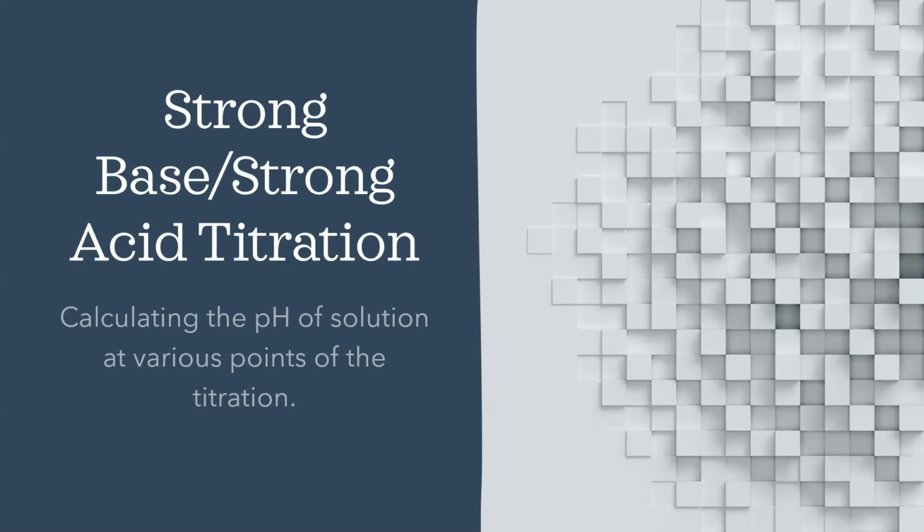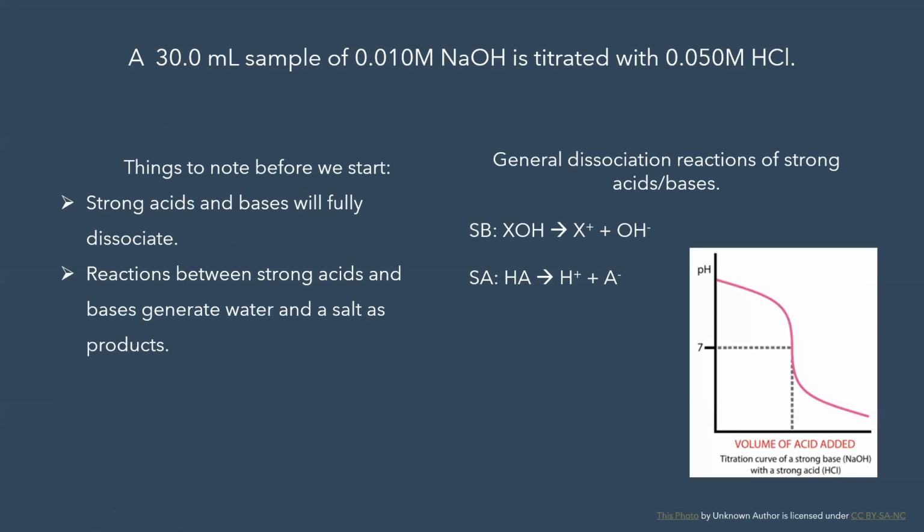Today we will be going over the titration of a strong base with a strong acid and how to go about calculating the pH of the solution at different points of the titration. Our example will be dealing with the following: a 30 milliliter sample of 0.01 molar NaOH solution titrated with a